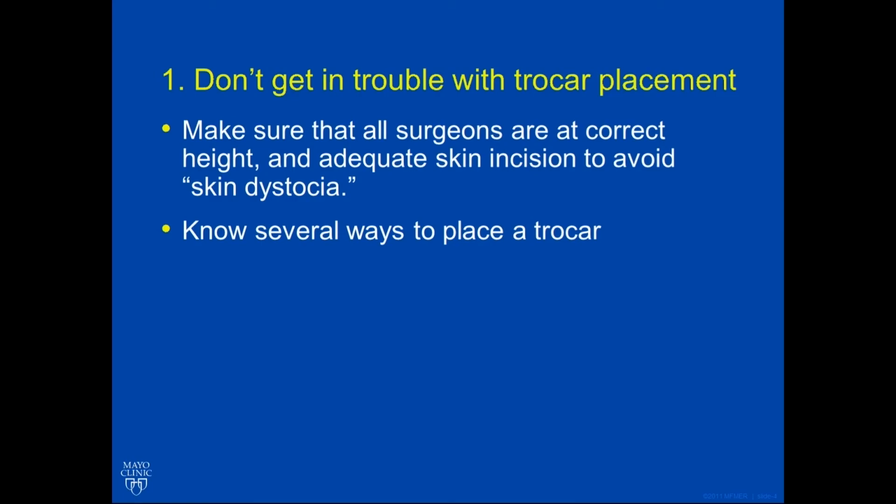The second thing for many of us who operate with very young surgeons is that the young surgeons, the ones in training, take this minimally invasive surgery a bit too seriously, and they make the incision a bit too small. So you get that skin dystocia. You push, and once you push through the skin, you get through everything else really easily, and you go into something that is unintended. So my tip to you, especially if you are operating with less experienced colleagues, is make sure everybody in the